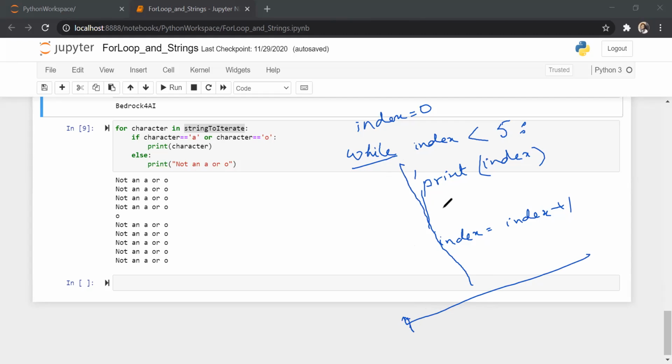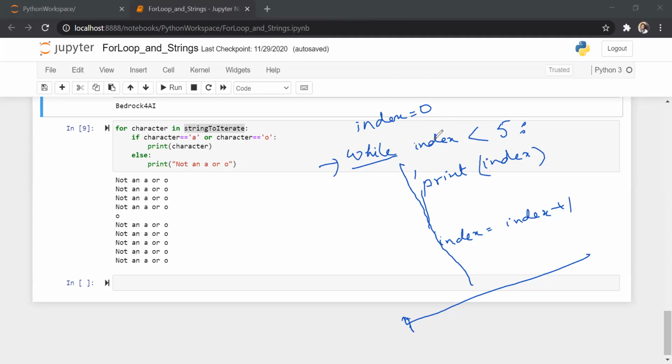After all these lines are executed, the execution reaches this check again. Now index has value 1 because you incremented it. Is index less than 5? Yes, because index is 1, it's still less than 5. So all these lines of code are executed again. Then we reach here again, is 2 less than 5, because index is 2 now? Yes. So again, it's executed. Then at that point when the value of index becomes 5, and you reach here,